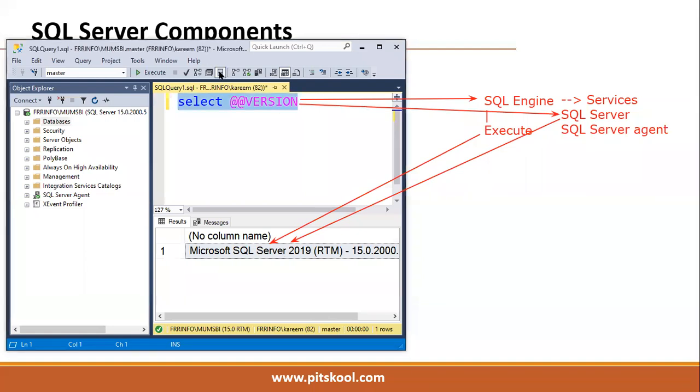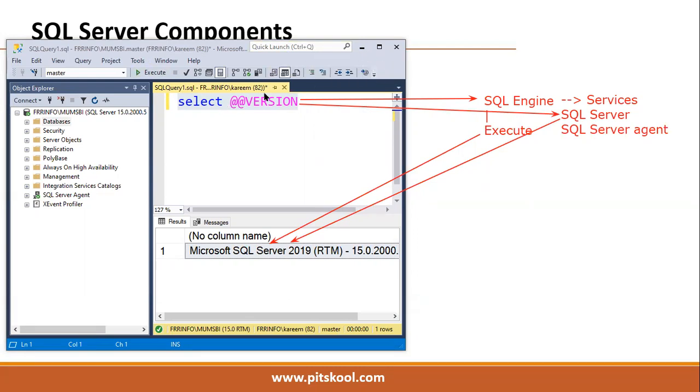We just have to understand here, SSMS is like a browser. You can open Gmail, Hotmail, anything, right? In the browser, we can work. If you close the browser, what does it mean? We are just disconnecting from Gmail. It does not mean that the Gmail server is down, right? Same thing we have to understand here.